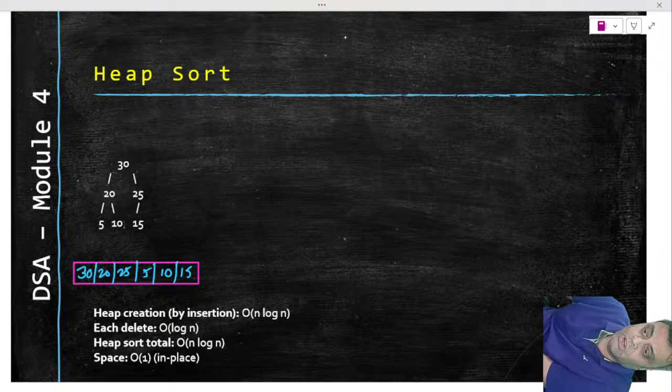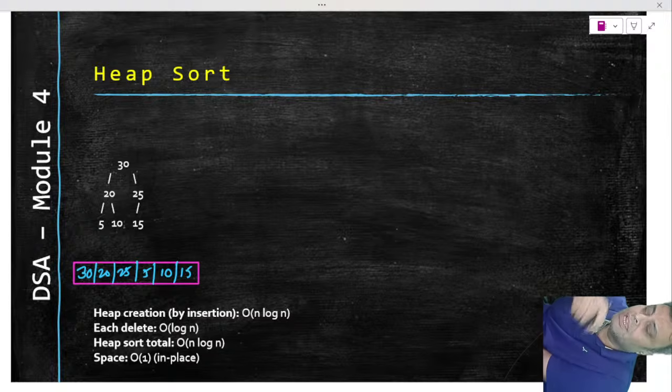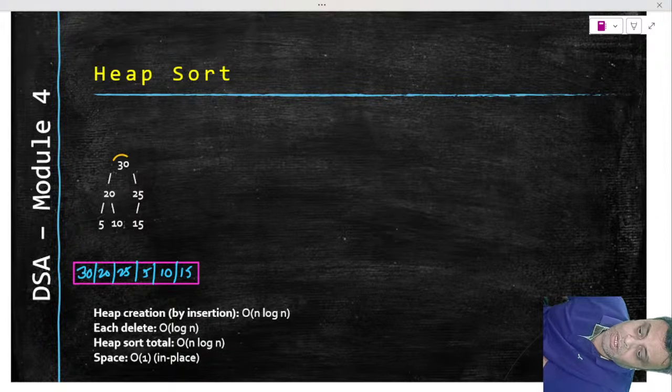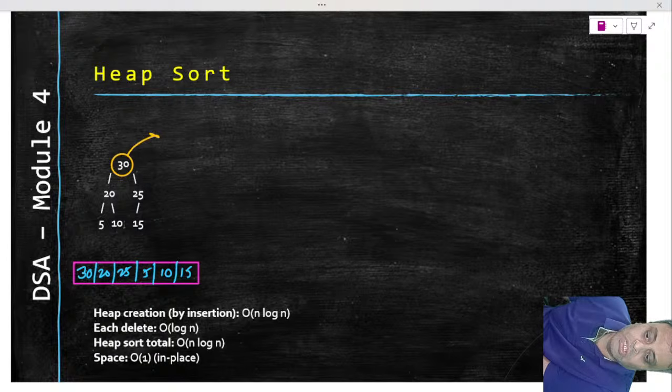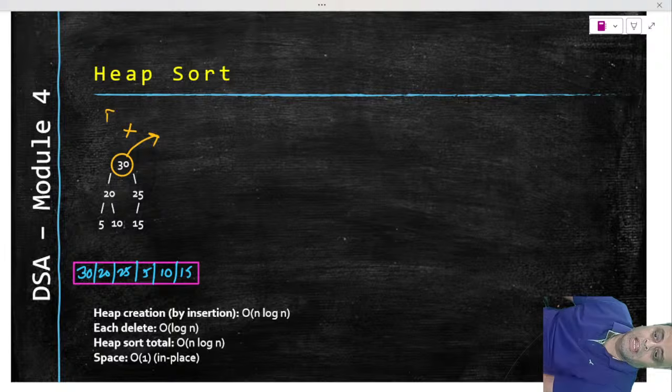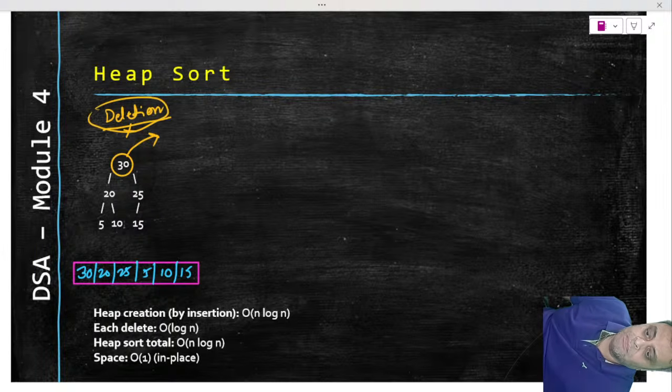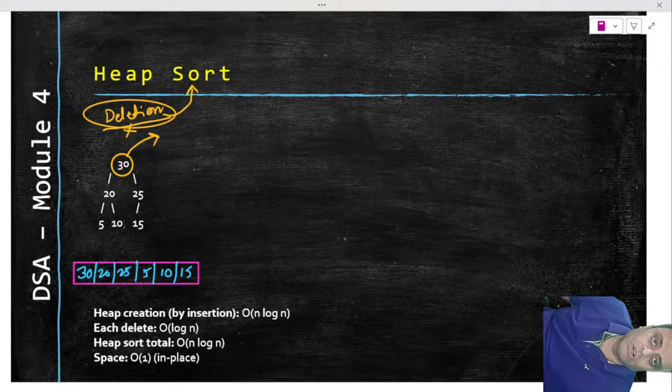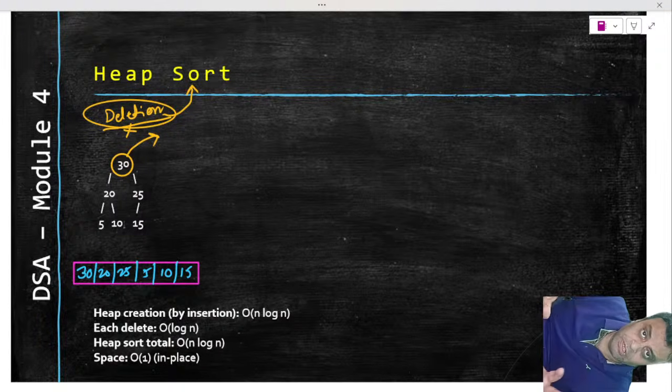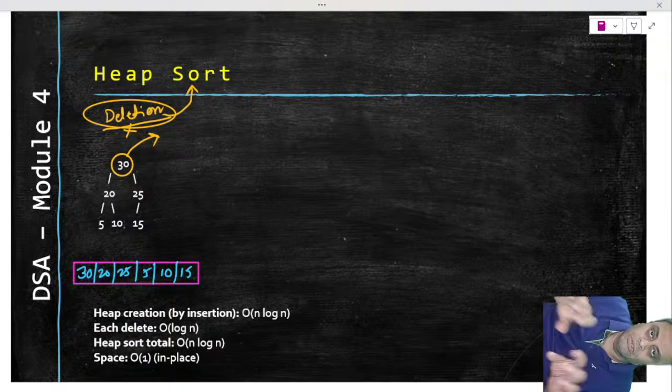In heap sort, the mandate is just like in a stack, right? You have the mandate that you will have to pop out the topmost element. Here you have the mandate that you can only disturb the topmost element. So I will take out this topmost element, and that is called deletion of the tree. So deletion is the process with which you will do the heap sort. So I will delete 30. So I have created a tree painfully, and now I am going to delete it to create a sorted list. That is the entire process.